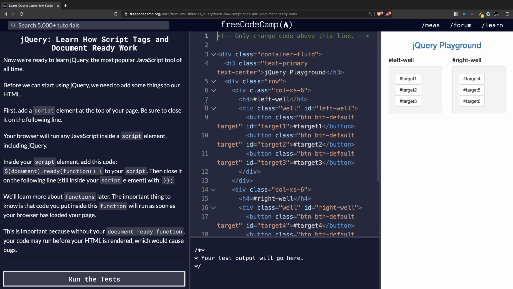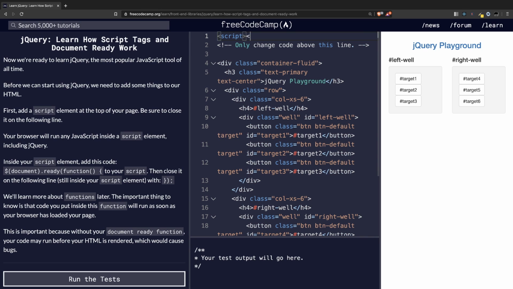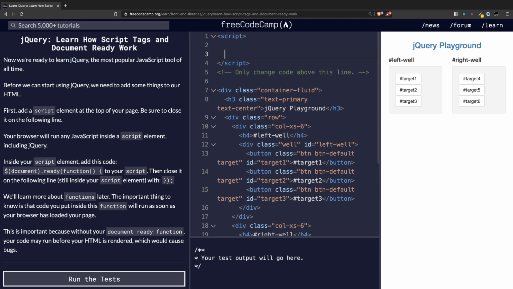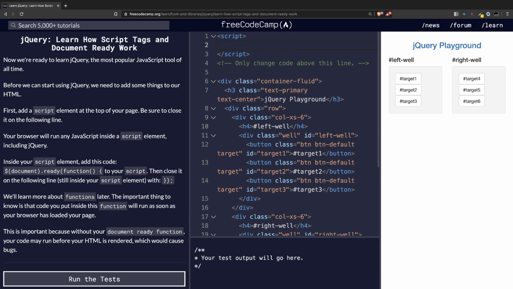Before we can start using jQuery, we need to add some things in our HTML. First, add a script element. Alright, so we need a script element where all of our JavaScript/jQuery will go. Your browser will run any JavaScript inside the script element, including jQuery. Inside your script element, add this code. So we have